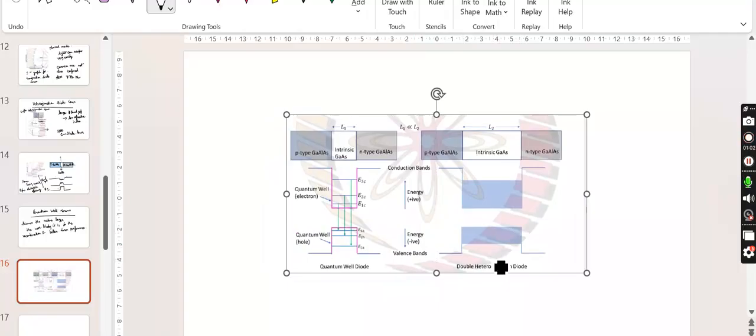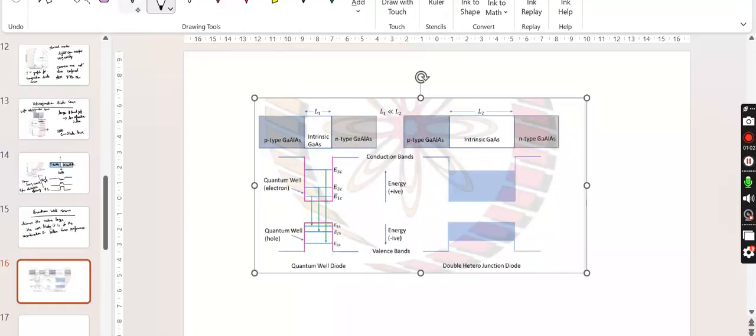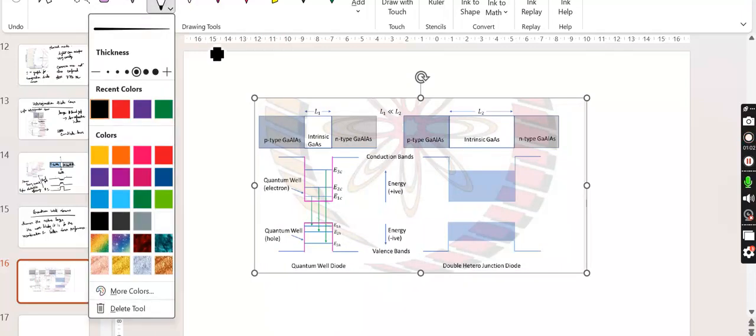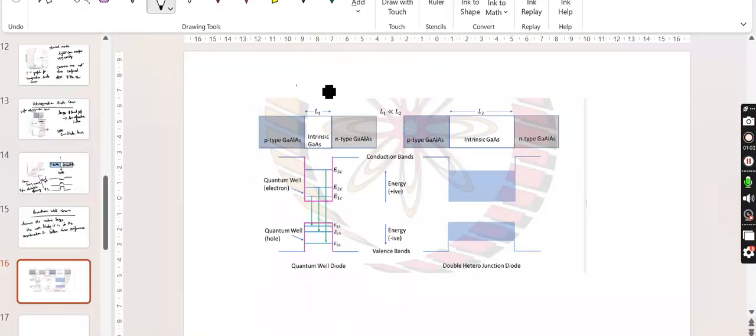So this is the difference between quantum well and direct heterojunction. In the direct heterojunction, the intrinsic gallium arsenide layer between p-type and n-type gallium aluminum arsenide is very large, and this is L1, and in the quantum well the intrinsic gallium arsenide layer is very thin. So large and small is actually not the usual word. The usual words are thin and thick. So this is very thin, and this is very thick, and this is almost equal to the wavelength of electrons,